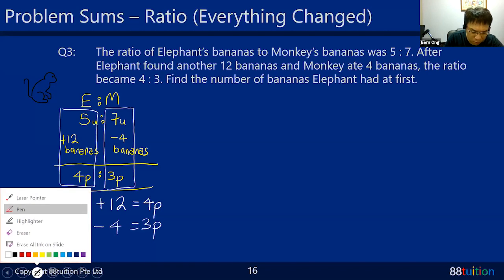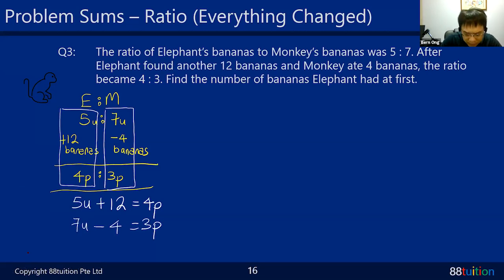Oh no! What's the problem? Down here is 4 parts. Down here is 3 parts. Are they the same? Not the same. Then how? Make them the same. How? Times. So 4 and 3, look for the common multiple. 4, 8, 12, 16. 3, 6, 9, 12. Can you see? So you look for the common 12. For the 4, what must you do? 4 must times 3 to give you 12. If you times 3 for the 4, everybody must times 3 for that line. For 3 parts, to get to 12 you times 4. Everybody must times 4 for that line.